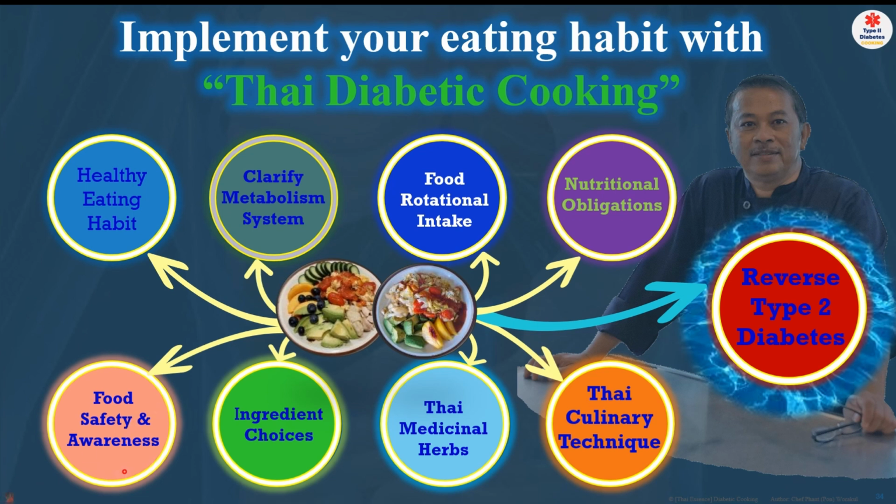Okay, the food safety. That is when you are in the food industry like me. I have a restaurant. I used to have a restaurant. I teach classes. I write cookbooks. I do a lot of Thai cooking classes. So I know food safety, because you have to take the test, especially in California, in order to have a restaurant. You have to understand food safety, and then you'll be able to teach your workers what to do, and assist them in taking the test on how to handle the food, those kinds of things.